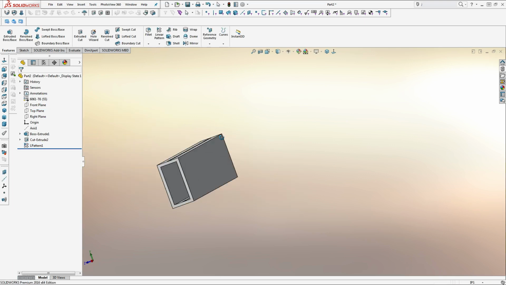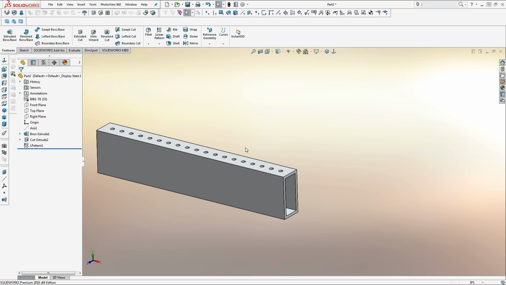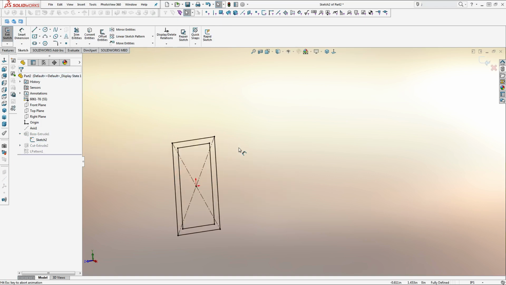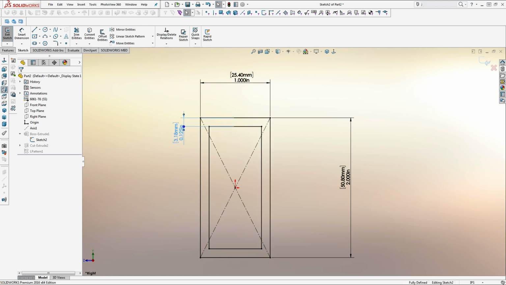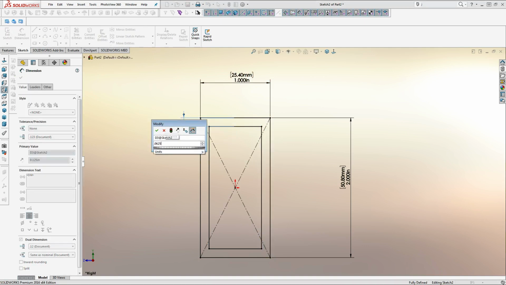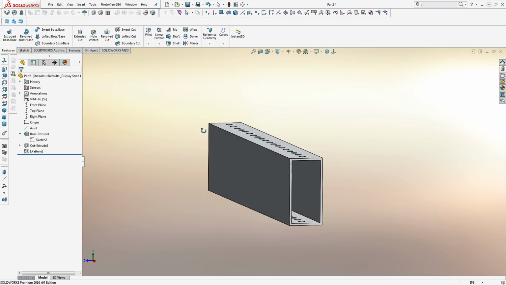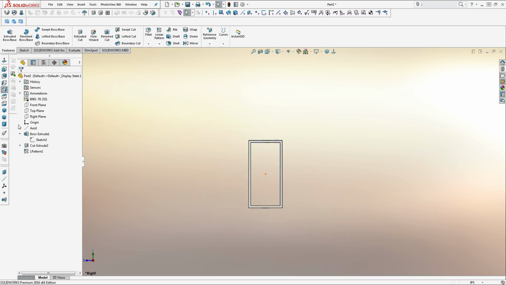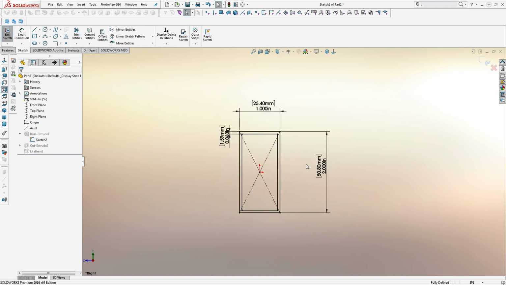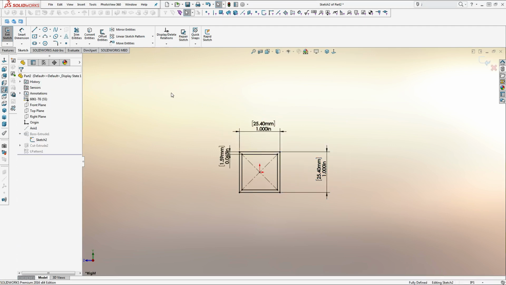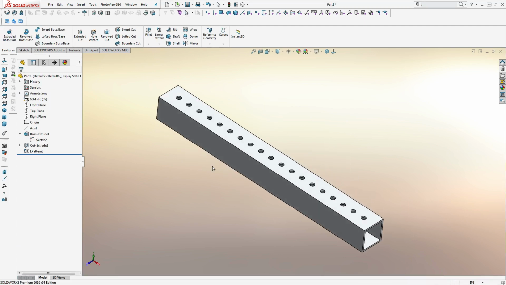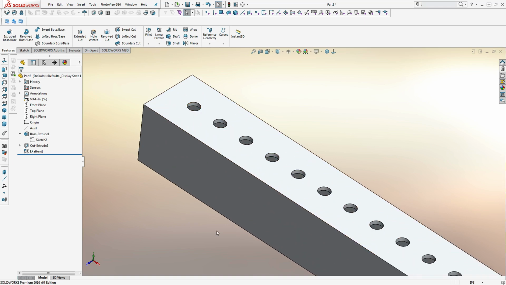So that would be a standard piece of 2x1 aluminum tubing. If I wanted to go over here, make it a 1/16 wall, make it a little thinner, could change my wall thickness. Now it's thin. If I want to change the shape, I could make this a 1x1 by 1/16 wall. Same thing. If I wanted to make it a 1x1 and have holes on every side, which on 2x1s we only have holes on the 1 inch side, but 1x1 we like to have holes on all the sides,